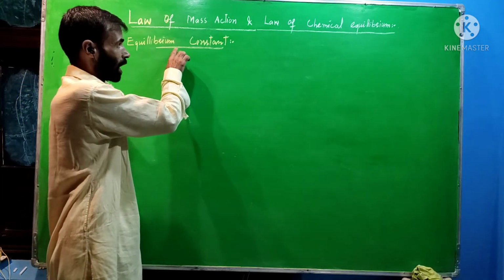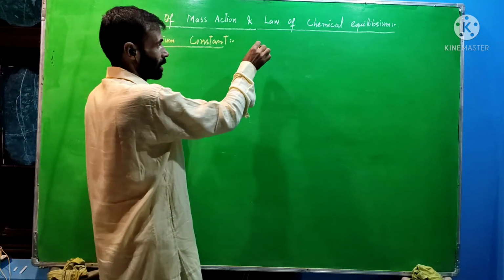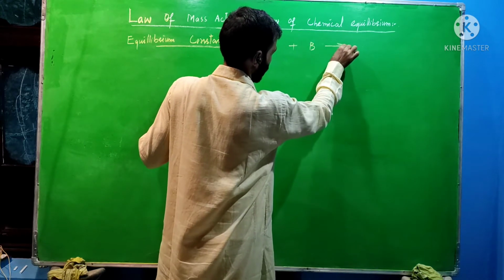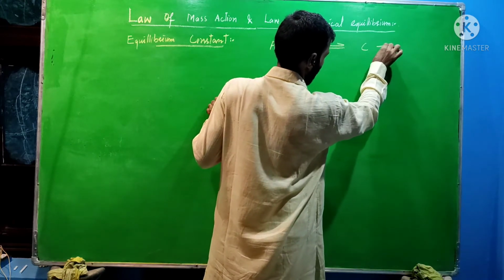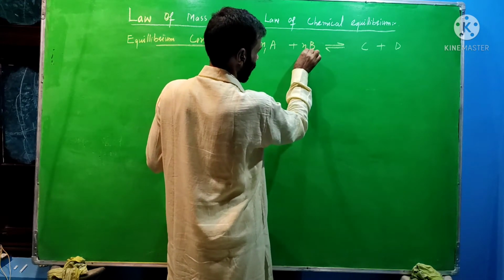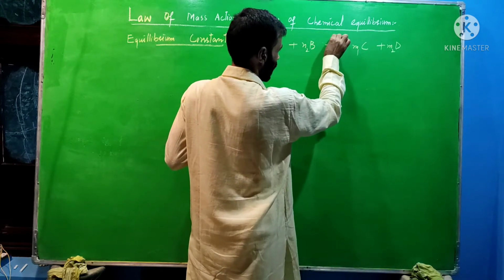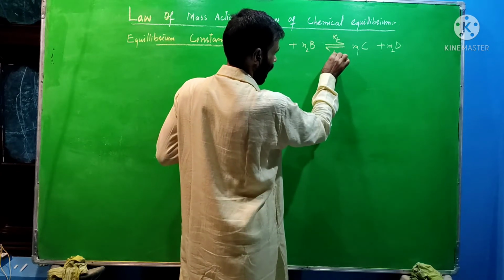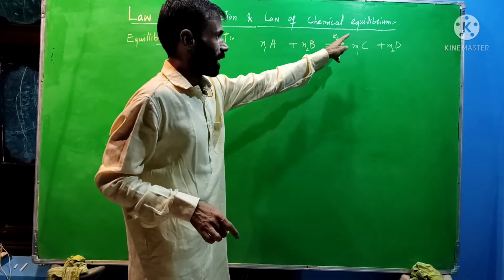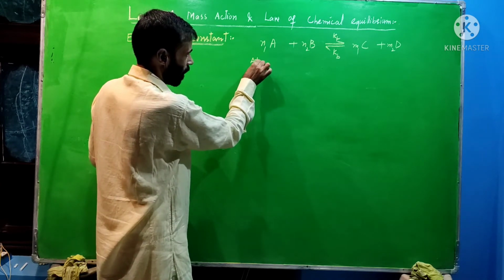Now we will take this point: what is an equilibrium constant for a reversible reaction. Let us take this reaction again, A plus B leading to the formation of products C and D. These are the stoichiometric coefficients. Suppose n1 here, n2 here, and here m1, and this one m2. Then we know here is a constant, we call that Kf, and this one Kb, meaning the rate constant of the forward reaction and the rate constant of the backward reaction. At equilibrium, we know the rate of forward reaction